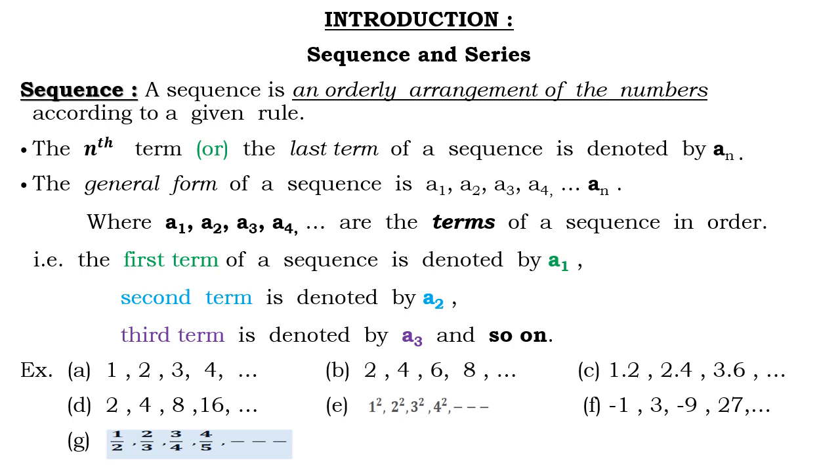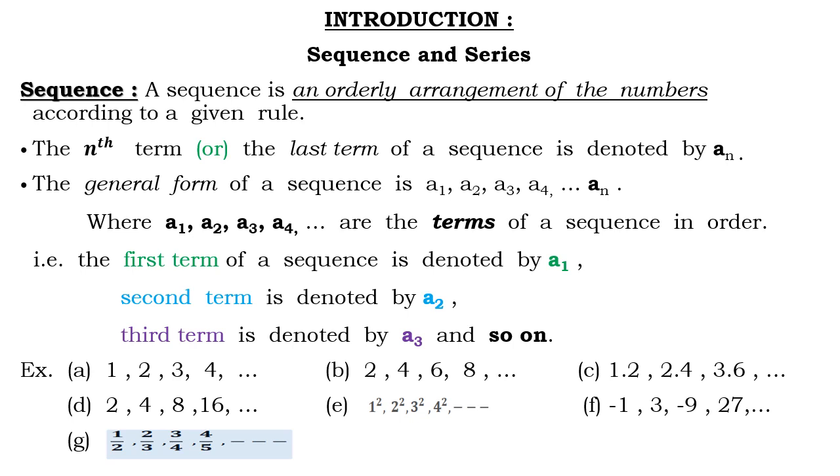Sequence. A sequence is an orderly arrangement of numbers according to a given rule. The nth term or the last term of a sequence is denoted by an. The general form of a sequence is a1, a2, a3, a4, and so on. The last term is an, where a1, a2, a3, a4, and so on are the terms of a sequence in